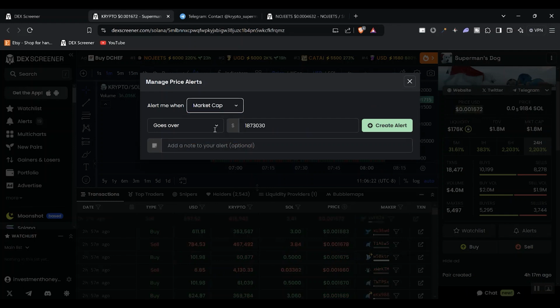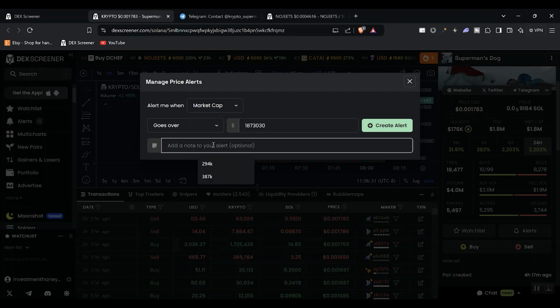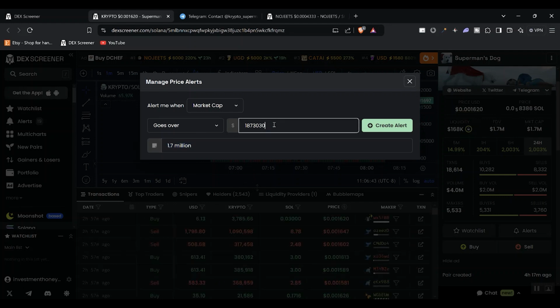Remember, we're starting off with market cap. I don't pay attention to the price in USD, and I also don't pay attention to the price of the native token. Market cap is easier to follow, so we're still sitting... Oh, we're not sitting at 1.4 million on the market cap anymore. This has moved to, this is saying 1.7. This is saying 1.693. Still about the same anyway. So 1.7 million is what we're going to put here in the note, and we're going to look for a retracement of